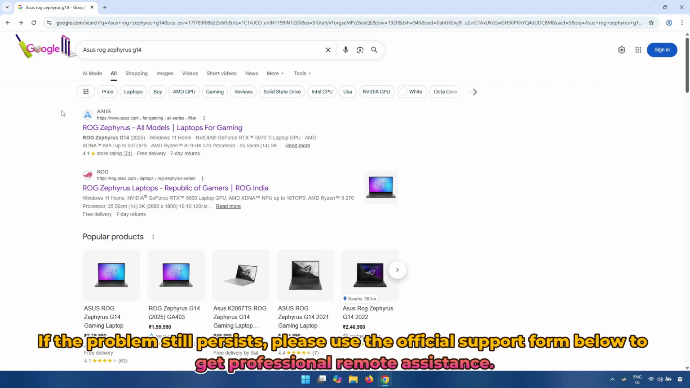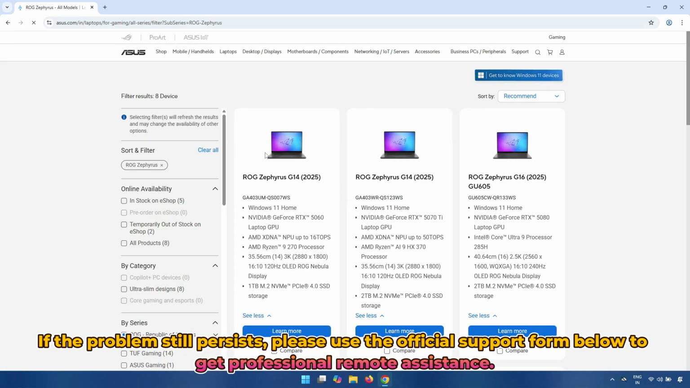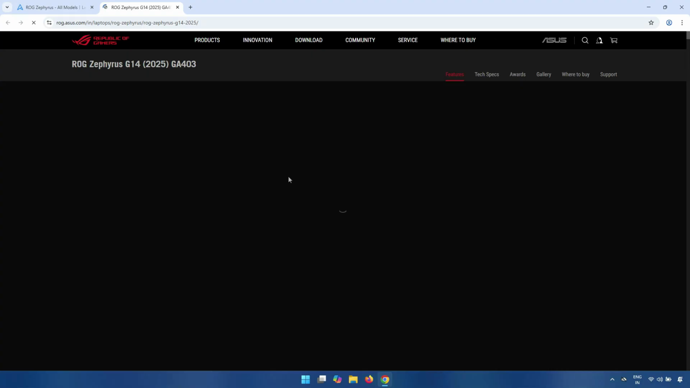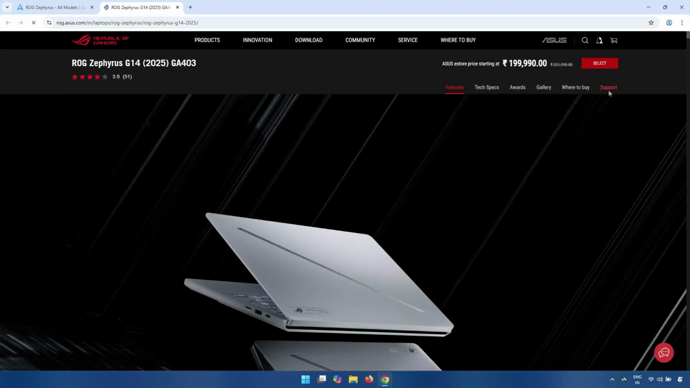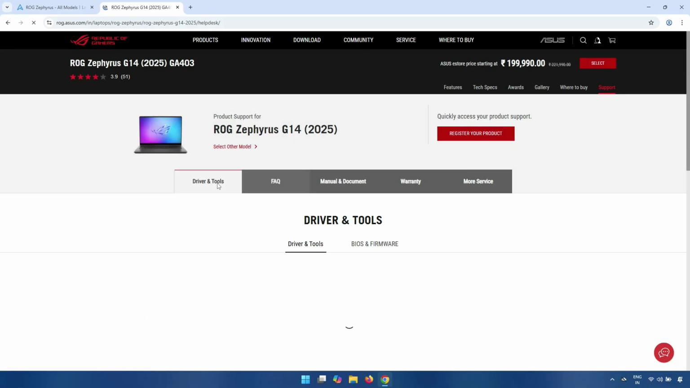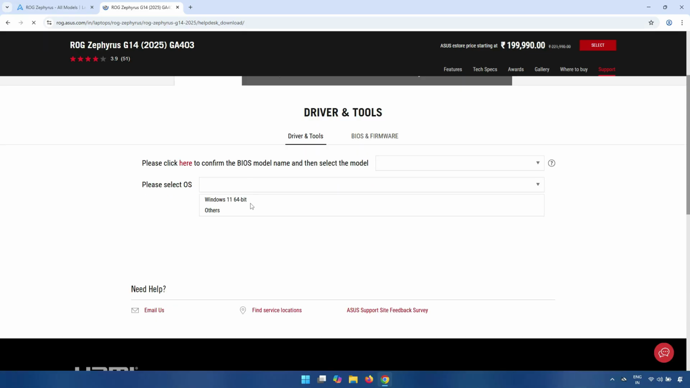Open any browser and type the first URL, asus.com, and click on it. Then this is your laptop, just click on it. After that, click on support, then click on driver, select OS,